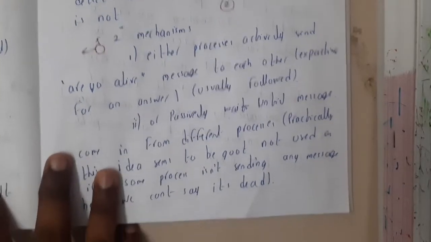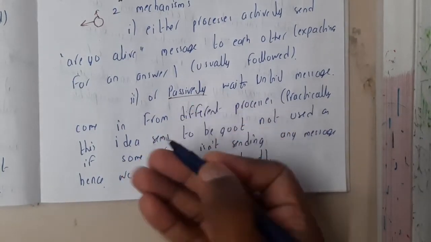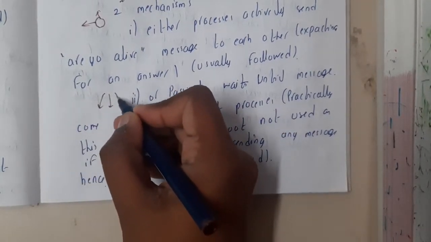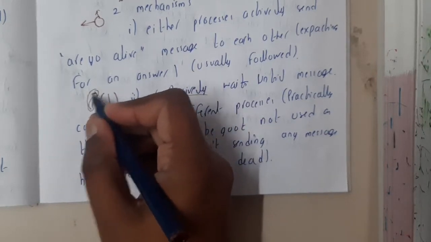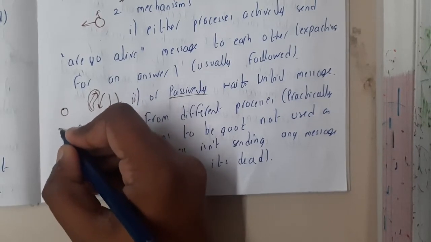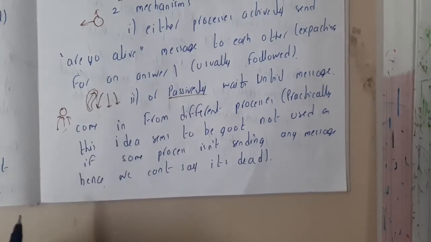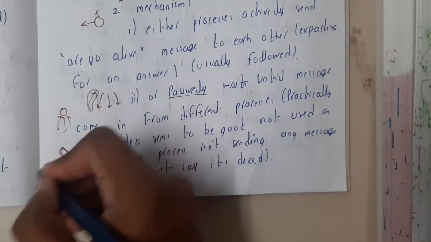Similarly, a passive method is also there. I hope everyone knows what passive means, right? Instead of asking everyone, let them come and tell you. Instead of you asking everyone, whenever someone sends you data, you assume they are active. But this method has a huge disadvantage, because assume that a device or a server is